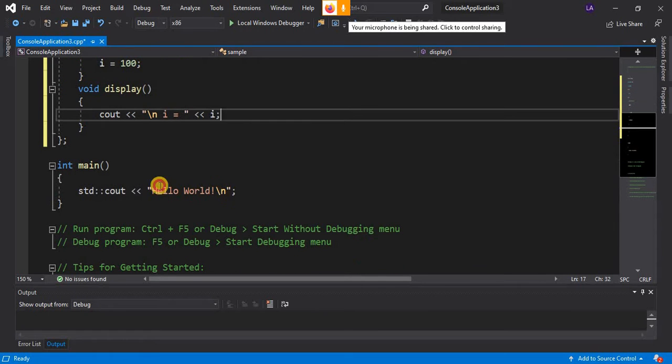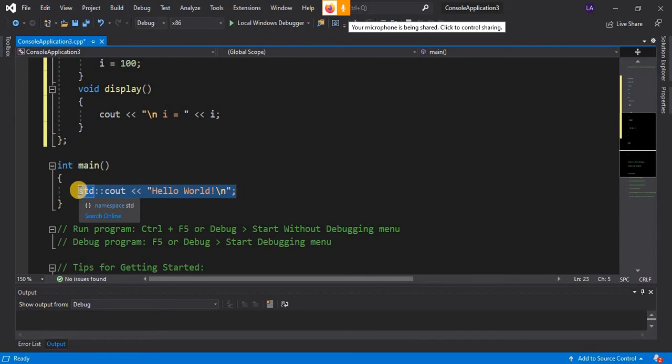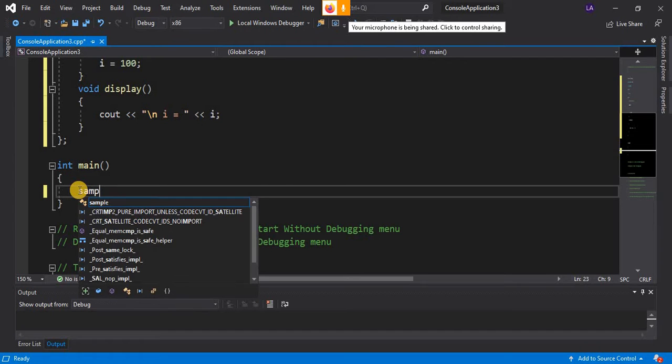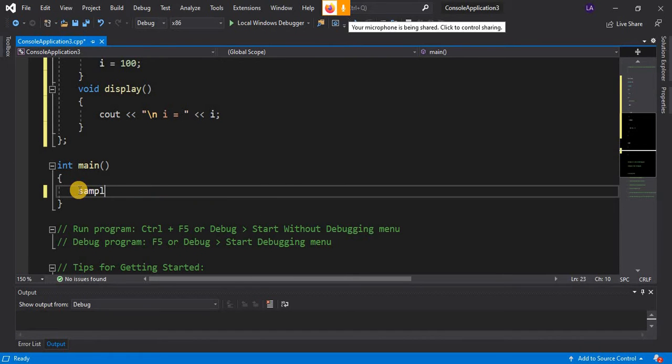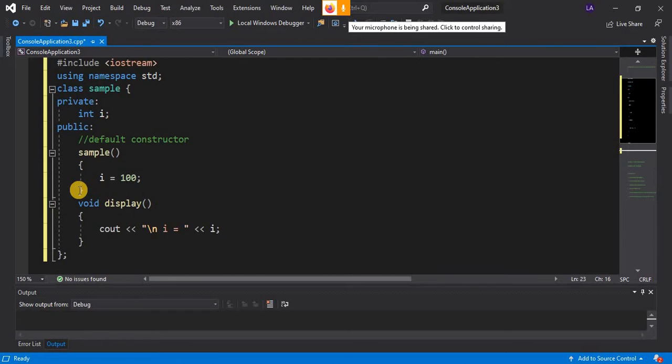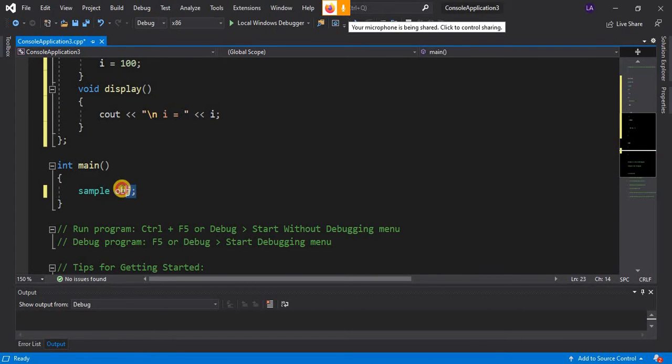Okay, so here we create an object of class Sample. Let's say Sample obj. So obj is an object of type Sample. A constructor is a special member function. It gets called automatically at the time of object creation.